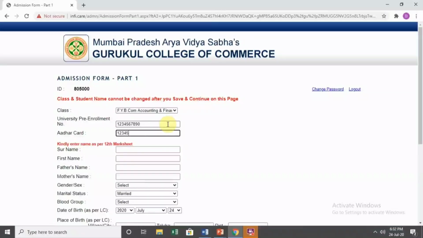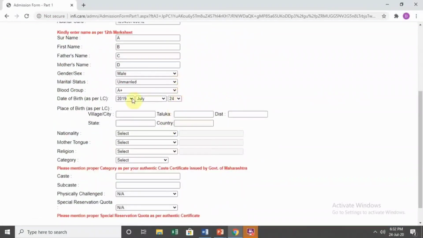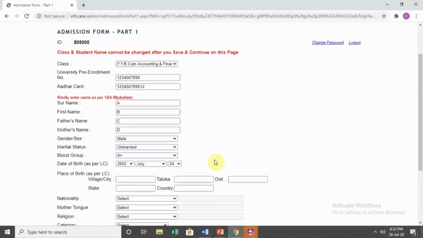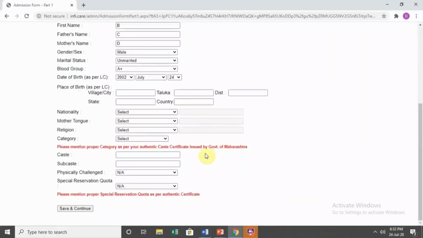Your Aadhaar card number, your surname, first name, select the gender. All personal details are to be filled in. Carefully fill up all the data.